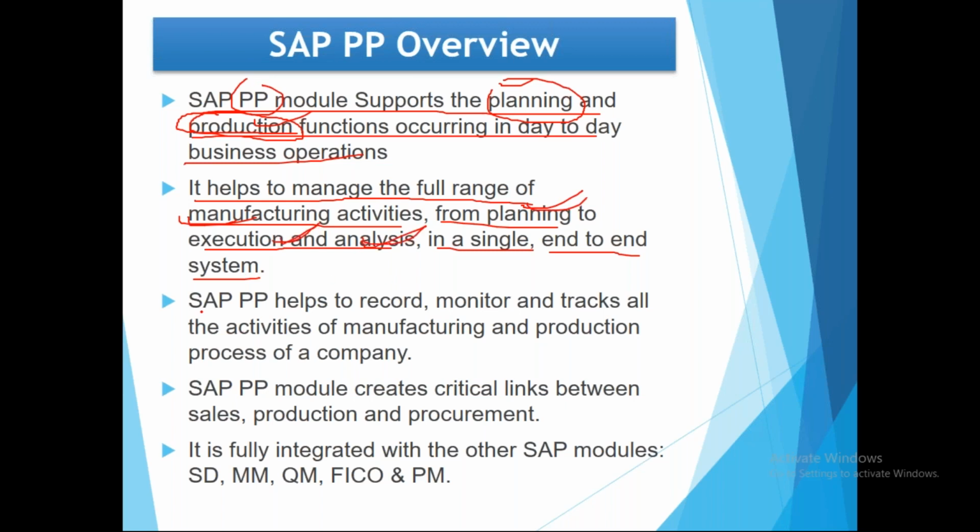Okay, SAP PP helps to record, monitor and track all the activities of manufacturing and production processes of a company. So once you have the PP module, you will be able to record everything for a particular product, how much quantity you manufactured in a particular period. Let's say in a month or in a day or in a year, how much quantity you manufactured. And you can monitor how much quantity is already manufactured, how much quantity is under manufacturing, under progress, WIP, and you